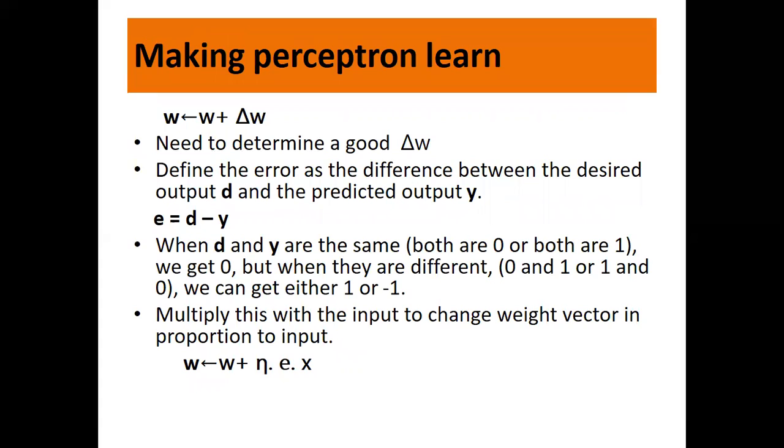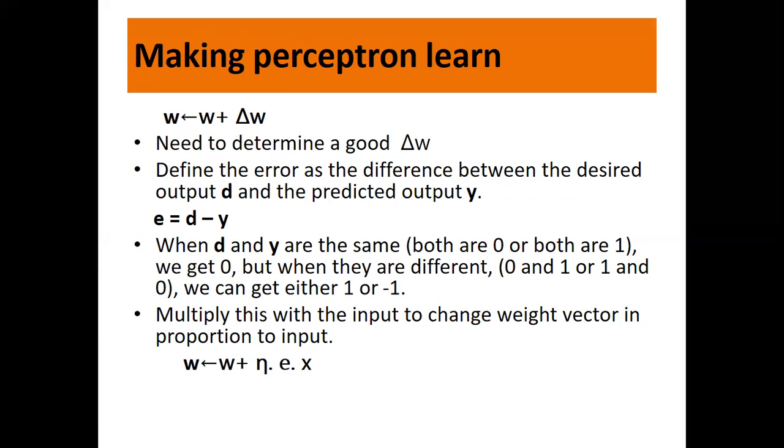Now, making the predictions, the learn rule. We change the weight vector, and the weight vector is a parameter to the perceptron, we already know. So we need to keep changing it until we can correctly classify each of our inputs. With this intuition, we need to write an update rule for our weight vector so that we can appropriately change it. So delta W comes to help here, right?